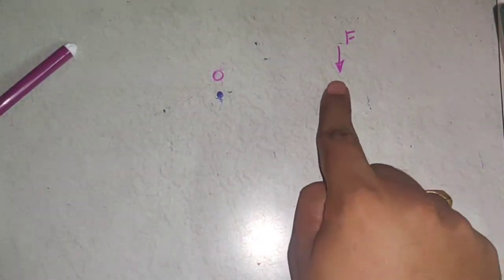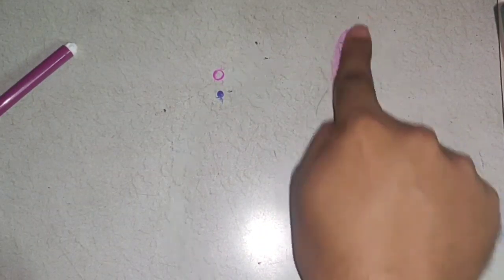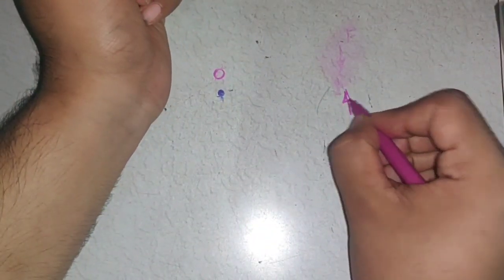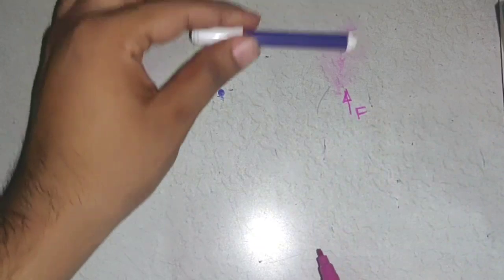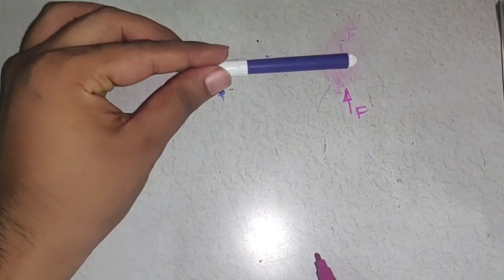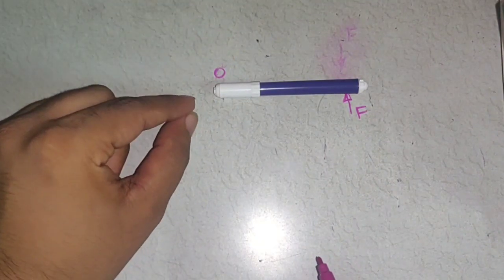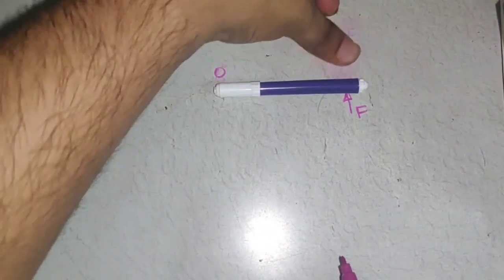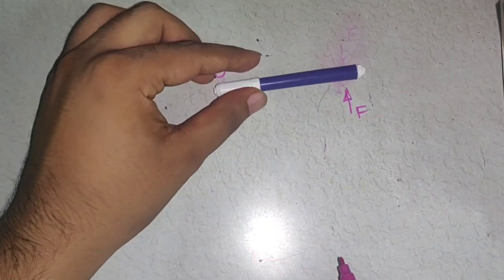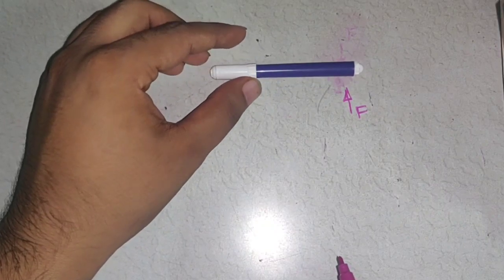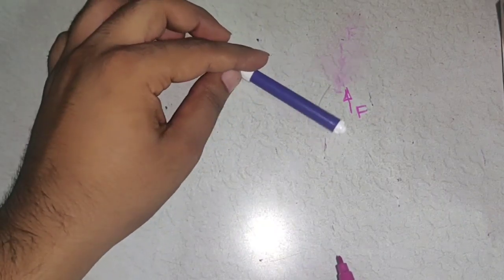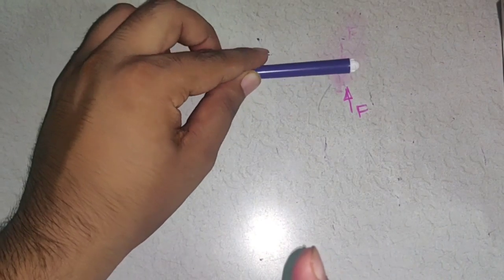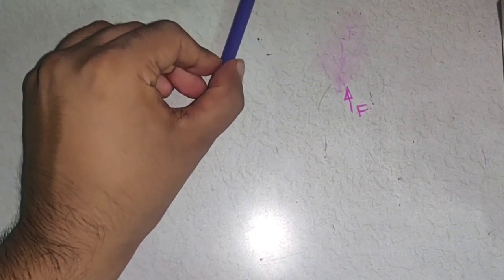Now if I change the direction of the force, and instead of showing it like this, I show the force in this direction, nothing else is changed. Point O is the same. This is the object, and instead of showing the force here, I'll show the force going upward. How will this object rotate now? Earlier it was rotating like this, but now because the force is acting from bottom to top, it will rotate like this.